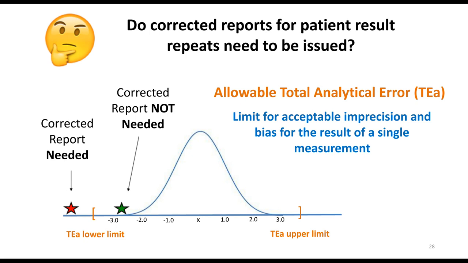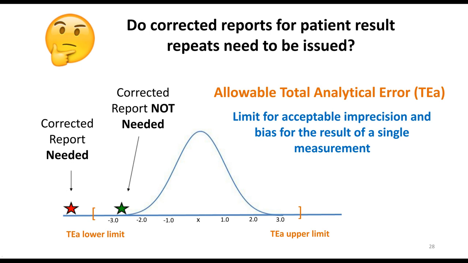So how do we know whether the error is significant enough to require corrected reports? If QC target means and SDs are set appropriately, QC should alert for events that are not yet clinically significant. That is actually the goal of an effective QC program, to catch errors before they adversely impact patient care. However, some events may indeed be clinically significant and corrected reports need to be issued.